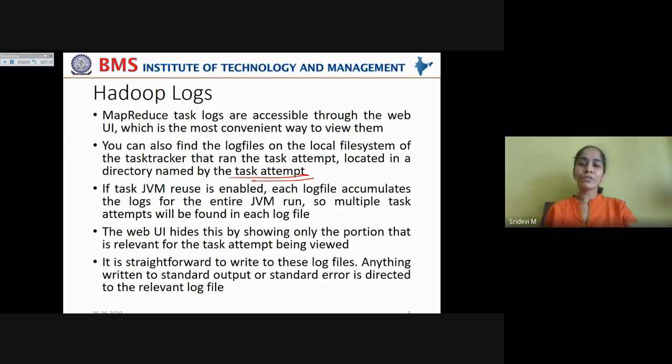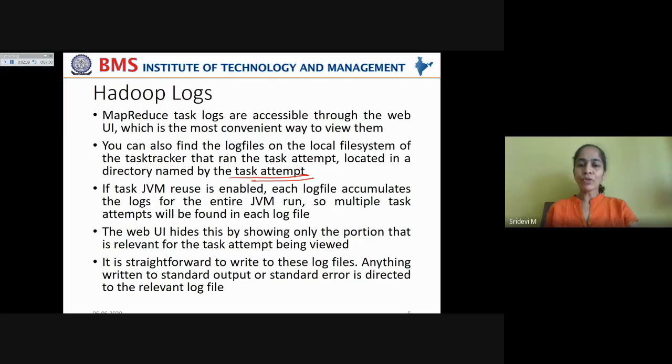So you should be careful while identifying a particular task, because multiple task attempts will be listed in that log file. And the web UI hides this by showing only the portion that is relevant for the task attempt being viewed. So when you click on a particular task attempt using the task ID, you can see the details about that task based on the task ID that you have selected.